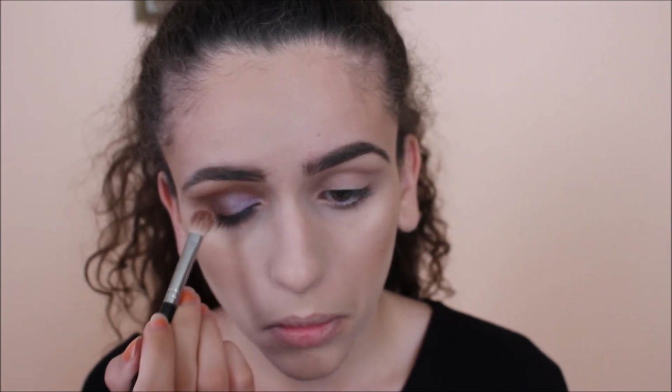Now I'm just going to blend out the edges of that with the dark shade again, just to make it all cohesive. And I'm going to go in with the fluffy brush and that peach shade from the beginning, just to blend everything out. Okay, now that we have that side done, I'm going to go in with the